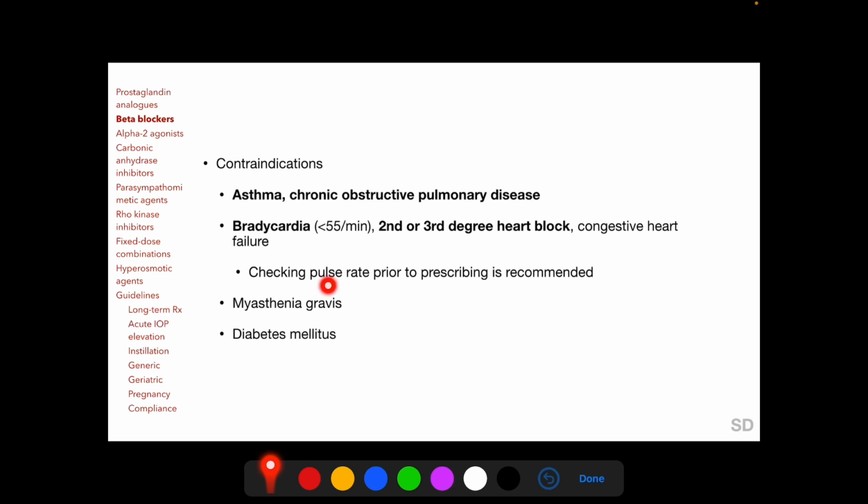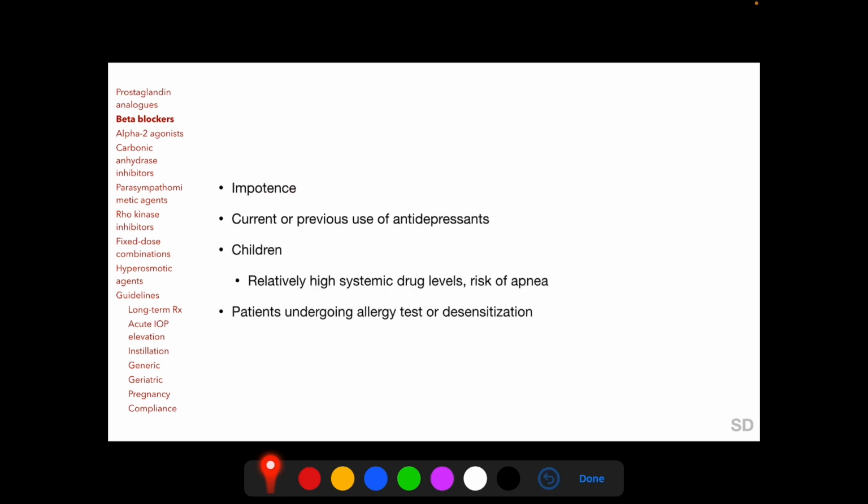So checking pulse rate prior to prescribing a topical beta blocker is very important. And the respiratory and cardiac contraindications of beta blockers are very important to remember. Other contraindications to topical beta blocker use include myasthenia gravis, diabetes mellitus, impotence, current or previous use of antidepressants, children